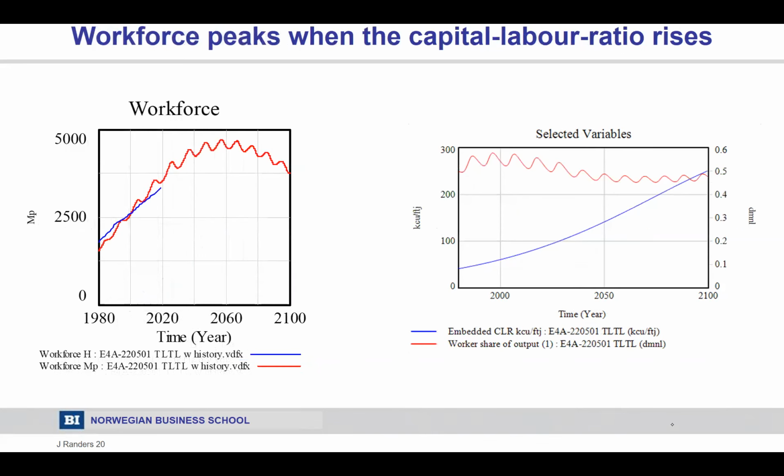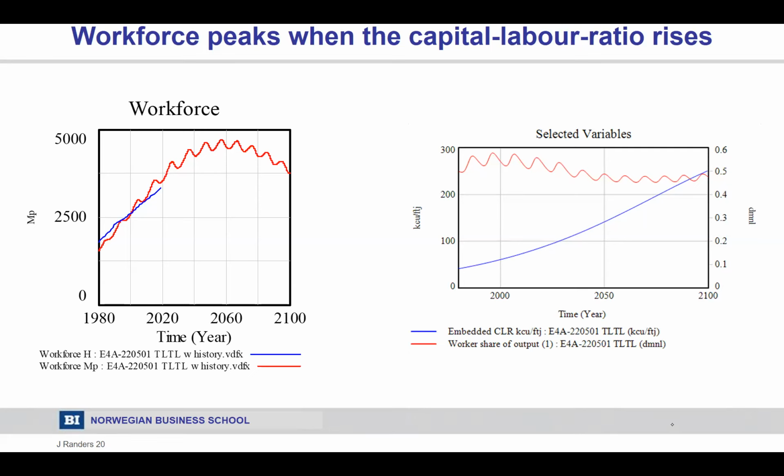Let's proceed to workforce. So this is the workforce doing the same thing here. You see the Marx growth cycle much better. You also see to the right the capital labor ratio in the system, which is basically how many machines there are behind each worker. This is the one that worries people with the robotization of the service sector, which means increasing the capital labor ratio very quickly, which means that unemployment rises faster than it otherwise would have.